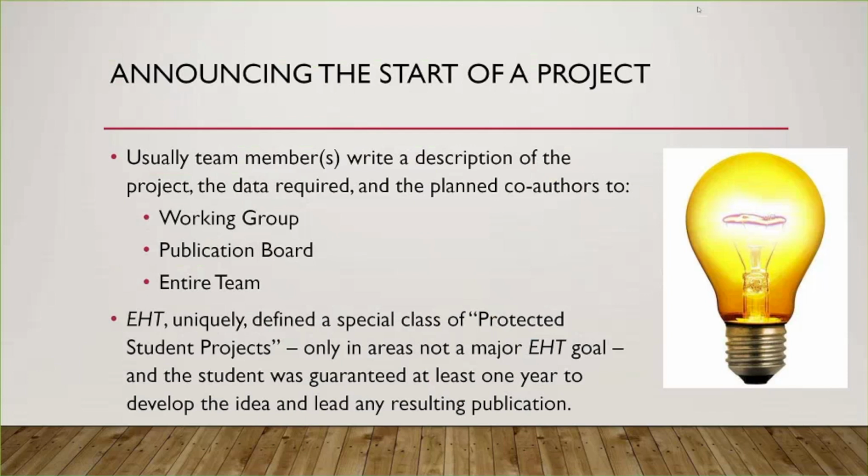And I'll pick out some unique aspects that I found when I was doing this. One of them is, for example, the Event Horizon Telescope, and it's the only one that did this, to find student projects, and this was meant to be graduate students. And the idea was that if a graduate student wanted to carve off some type of project, it couldn't be a major area of a goal of the EHT. So it couldn't be, my PhD is going to be about making an image of a black hole. But if it was something smaller than that that they could identify, then they were allowed to carve that off,